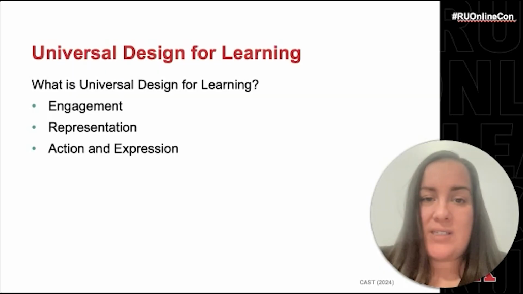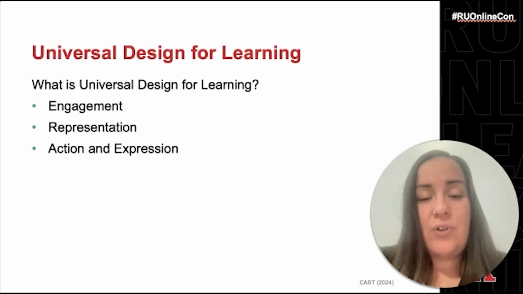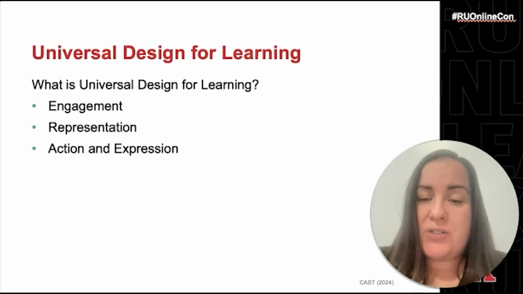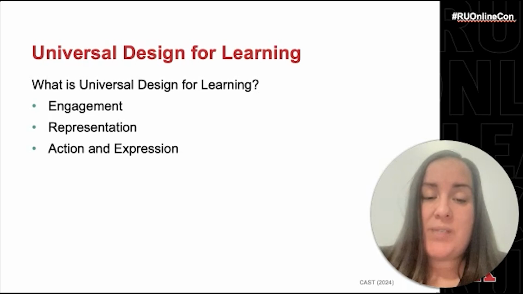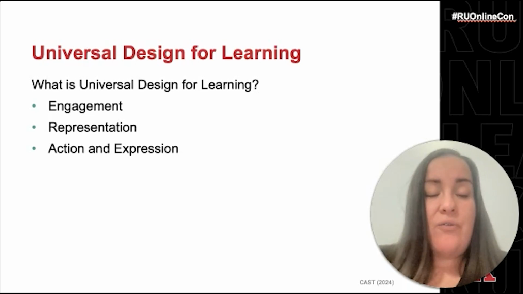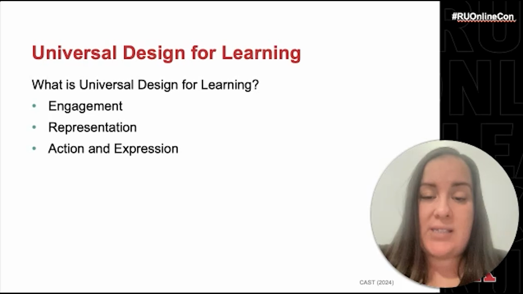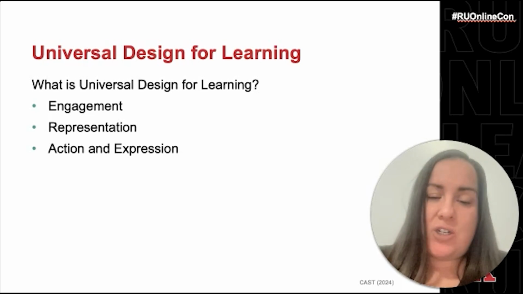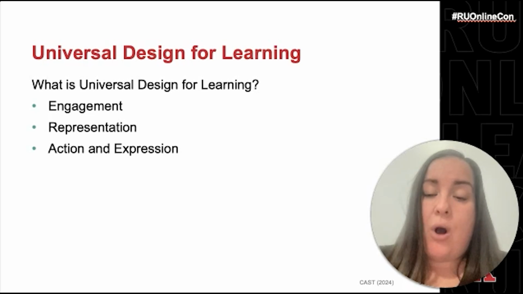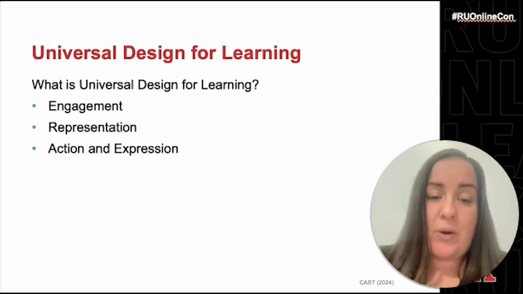So what is the Universal Design for Learning? The Universal Design for Learning, or UDL, is an evidence-based framework developed by CAST that helps educators design learning environments that are accessible, inclusive, and challenging for all learners. The primary goal is to encourage learner agency, enabling students to actively engage and making decisions that support their learning goals. UDL focuses on altering the design of the environment itself, rather than viewing any issues as a deficit within the learner. By intentionally designing environments to minimize barriers, all learners have the opportunity to participate in rigorous and meaningful